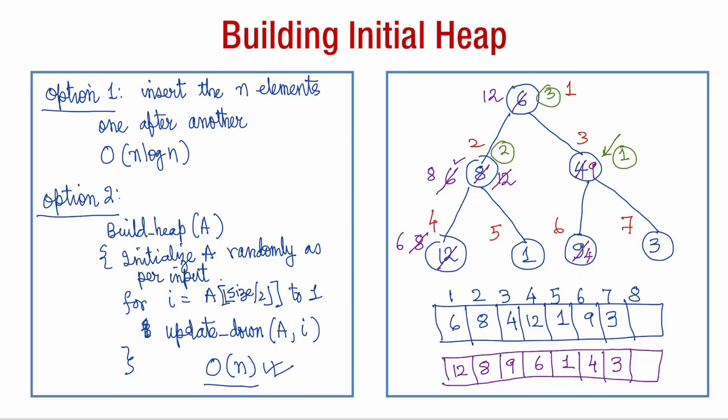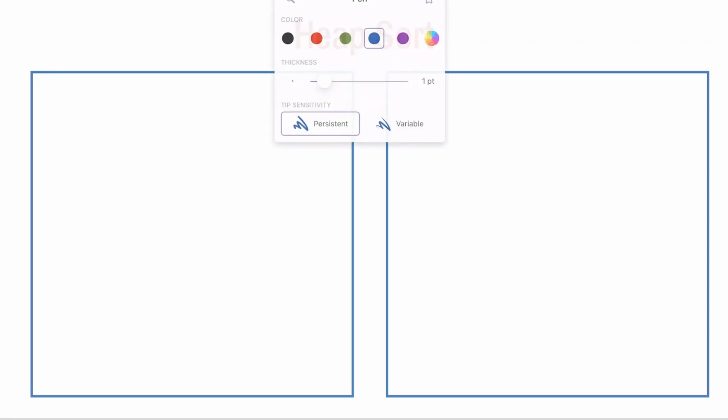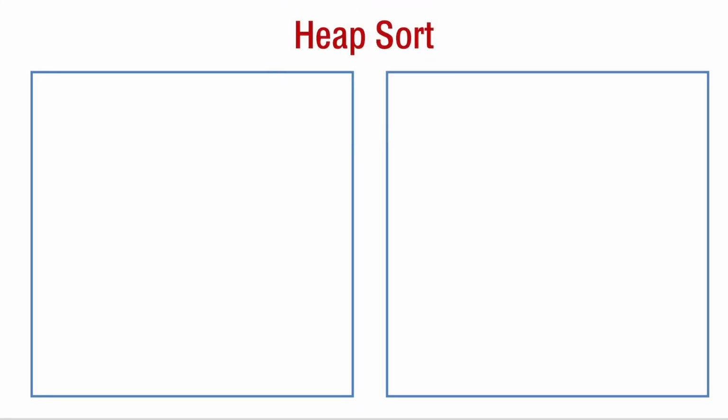So this algorithm of building a heap will be a faster algorithm than inserting elements one after another. Now, having done these 3 operations, build heap, insert a new element, and heapify or remove max, I am now ready to do heap sort. So how do I proceed with heap sort? My heap sort algorithm